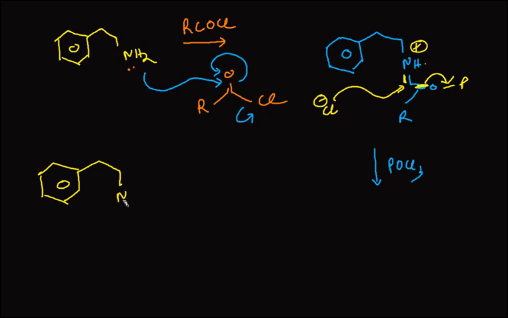Or you can draw it like this. This is the intermediate that is going to be generated. This was very important. You see, this is not directly given, but it is actually a Vilsmeier-Haack reaction. And then what is the next step? If I don't add H2O, if I don't do the workup, there is a possibility that again from over here electrophilic aromatic substitution could be shown.